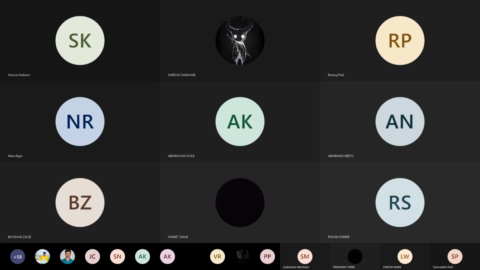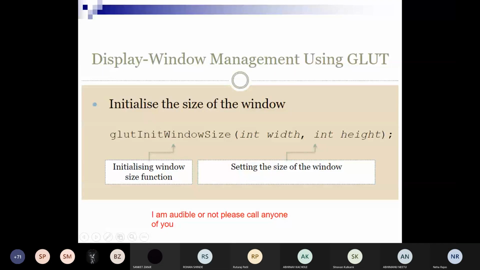Okay, I think there is some network issue. That's why my connection got lost.